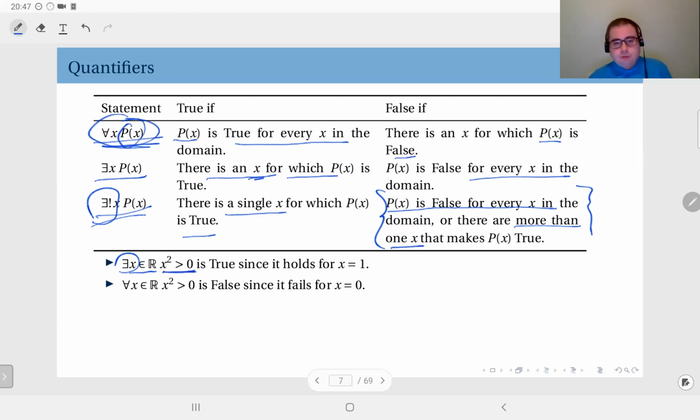This is true since it holds for 1. Just one sample is sufficient here to conclude the truth of this statement, because this quantifier deals with existence. It doesn't care about how many,